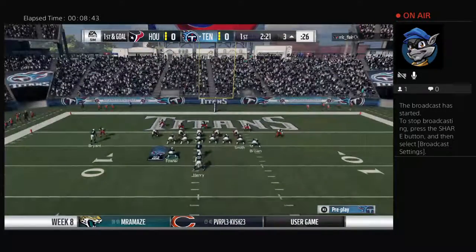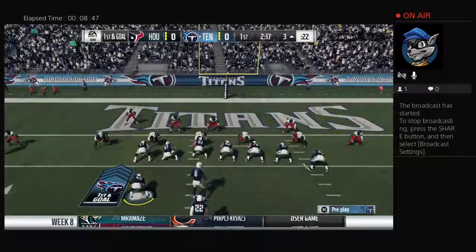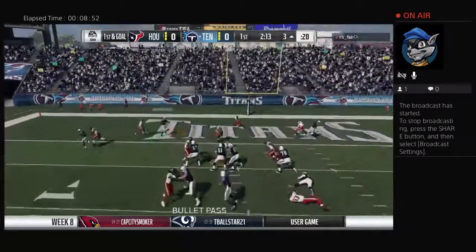He reads defenses so well, doesn't he? He really does, and the best part about that play for him, I don't think that was his primary target. I don't think so either. I think he had the read, figured out where the...